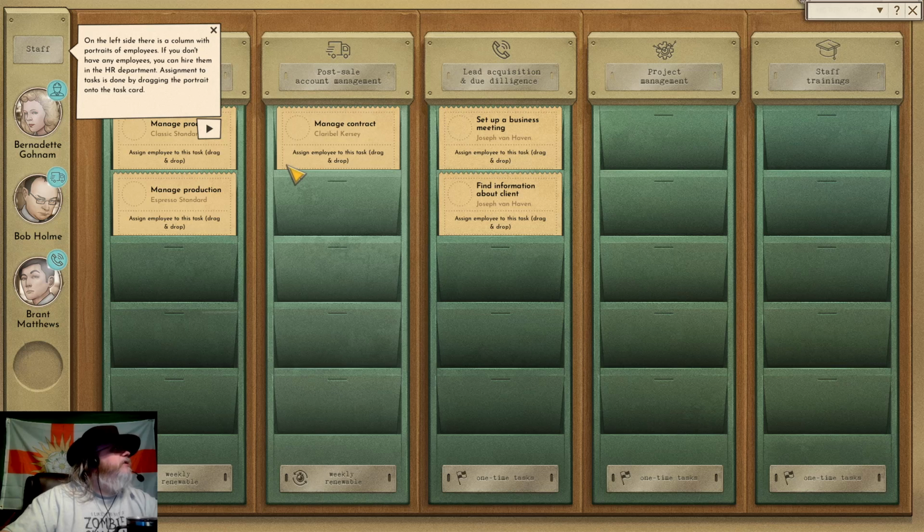On the left side is the column with portraits of employees. If you don't have employees, you can hire them in the HR department. Assignment to tasks is done